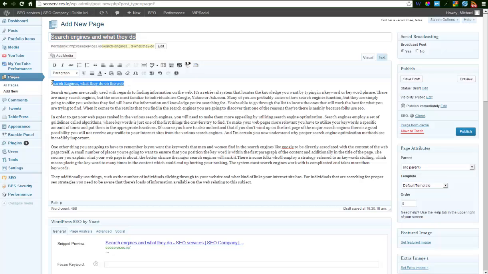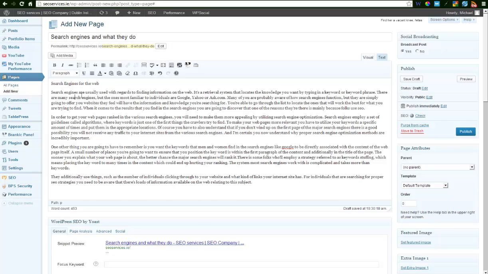Mix it up a little bit. Google doesn't want generic, samey content across the pages. It wants to see nice fresh individual titles and fresh content, so this is probably a little bit too samey. We'll call it